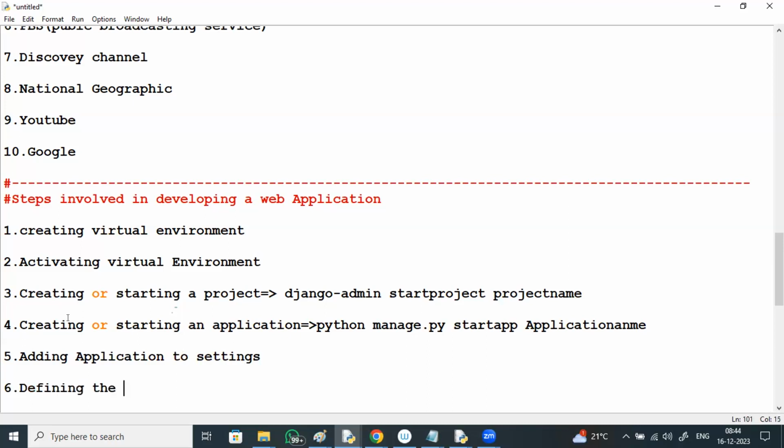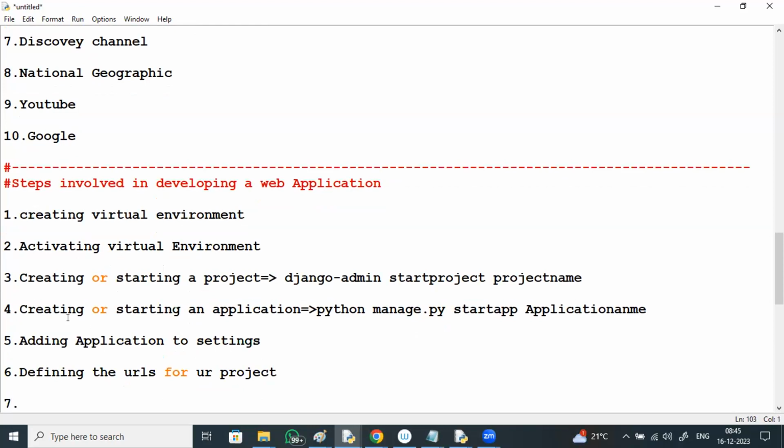Defining the URLs for your project. Writing the business logic.